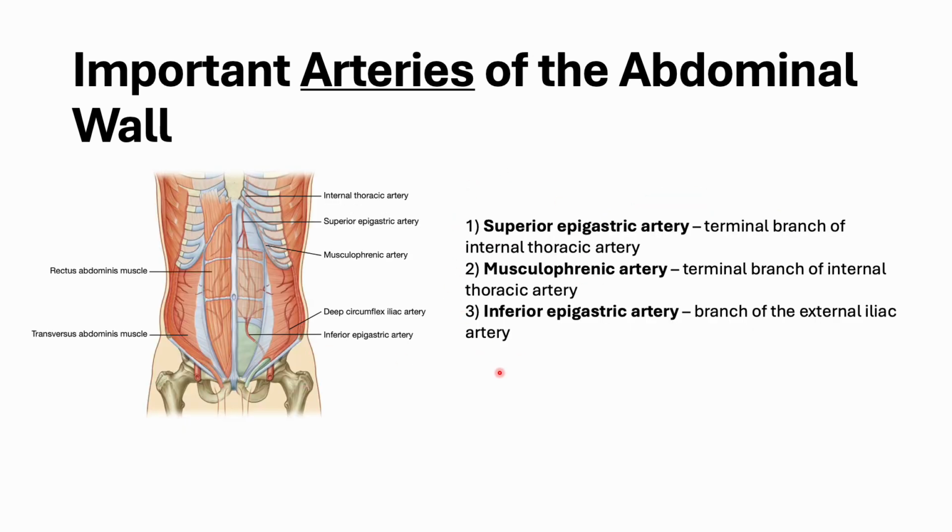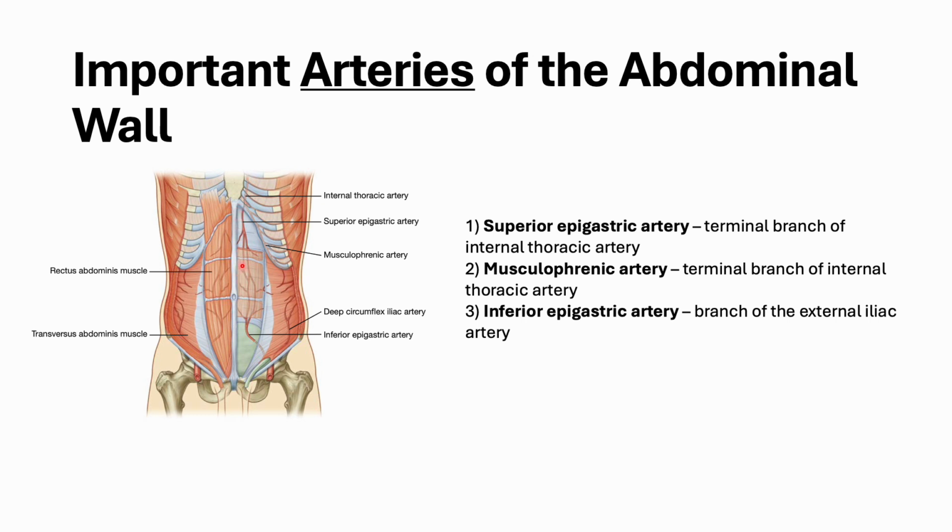So this is kind of a summary of what I just said, but it doesn't hurt to repeat it one more time. The really important arteries of the abdominal wall: you're going to have your superior epigastric artery, and you can kind of see it here a little better. That's coming off the internal thoracic artery, and it's going to go down over here and supply just the middle